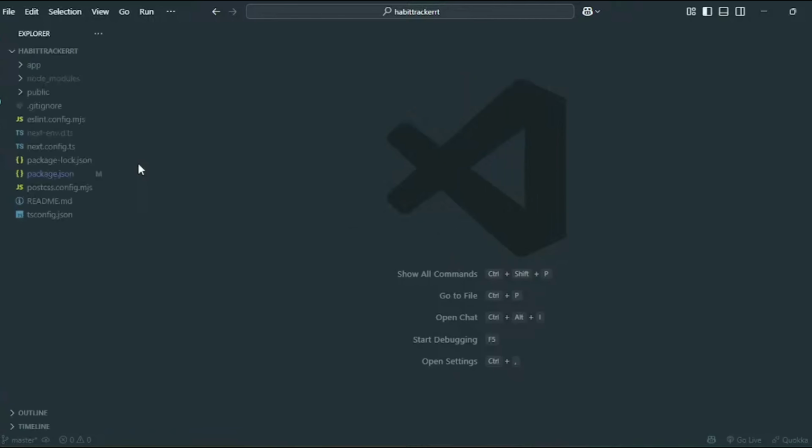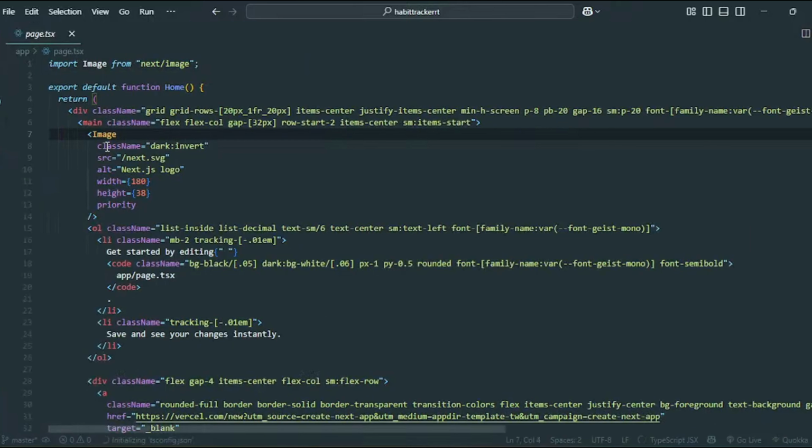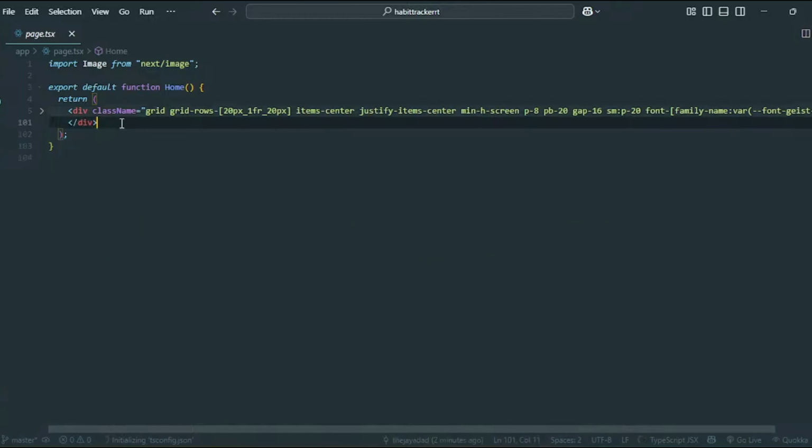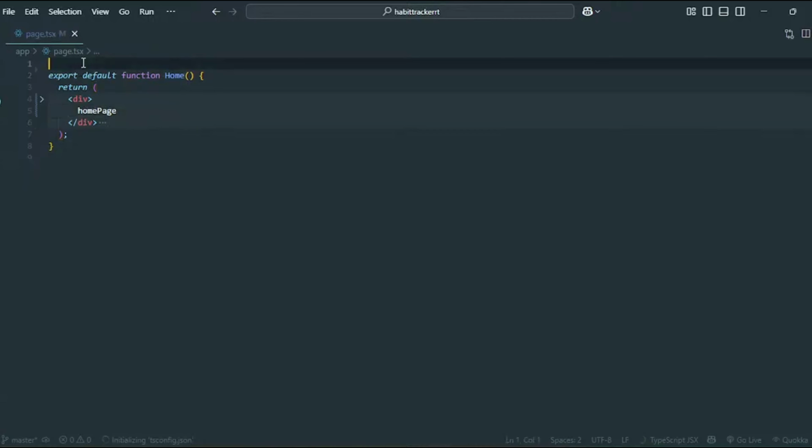Next, I'm going to remove the boilerplate code from the page.tsx. So I'll just come over, collapse this div, delete it. We'll add a new div, and just add Home Page inside of it. Remove the image import because we don't need it. And then I also like to just set the height and the width of the page and reduce the text